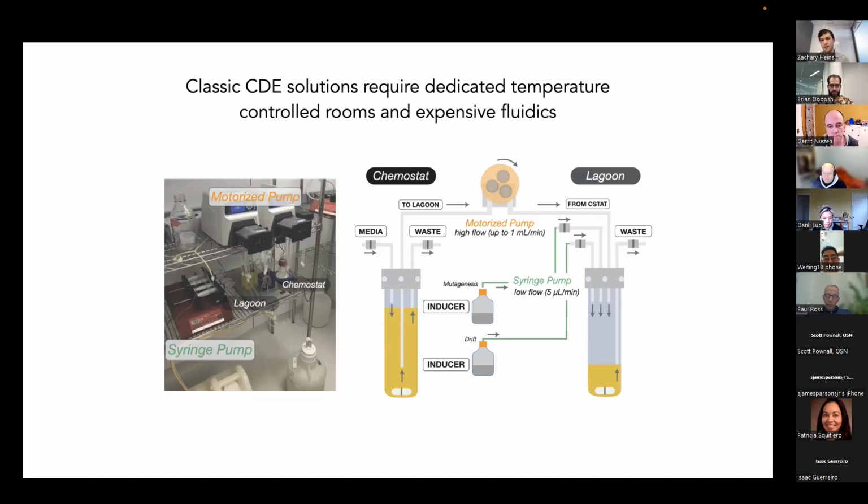Traditionally, what they do is have a dedicated room for this, which is a heated, warm room, which is really gross to work in. You need these expensive pumps and syringe pumps, and just doing continuous culture in general is kind of tricky. It's getting better, but it's not an easy thing to do by itself. And then also adding on top of it this complicated selection system, it's just a really hard problem. And so